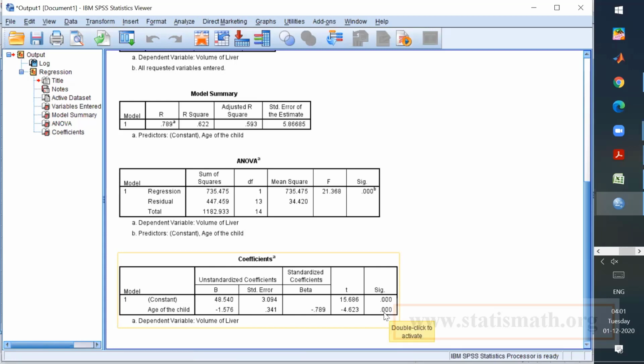Whether the variable is really contributing or not is determined by the significant value, which we call the p-value. Right now, you just concentrate on these two regression coefficient values. A is 48.540 and B is negative 1.576.